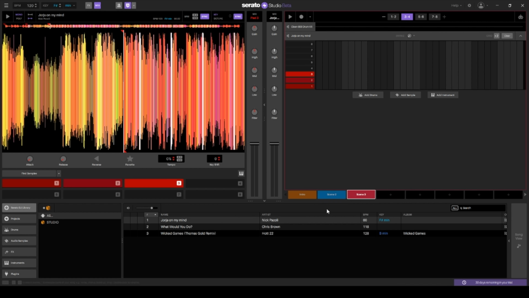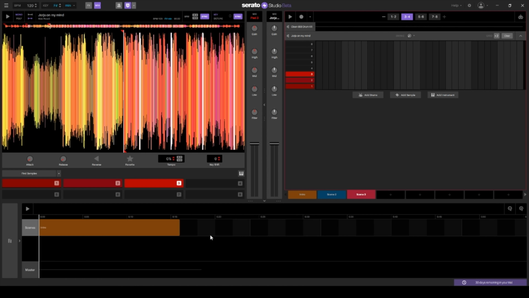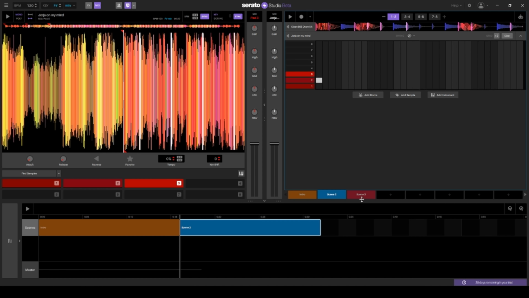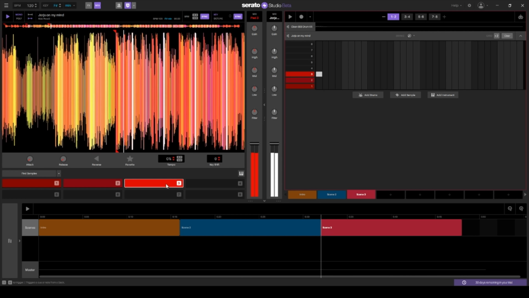So now let's take this from just 3 separate sequences and turn this into more of a song. So right here at the bottom, where our library is, on the right side, you'll see Song View. So this is the actual way that you can put all of these together to make a song out of these sequences. So notice it automatically dropped this first one in there. Now I can just drop the second one. And I can drop this third one. And then now that we have this sequence, okay,